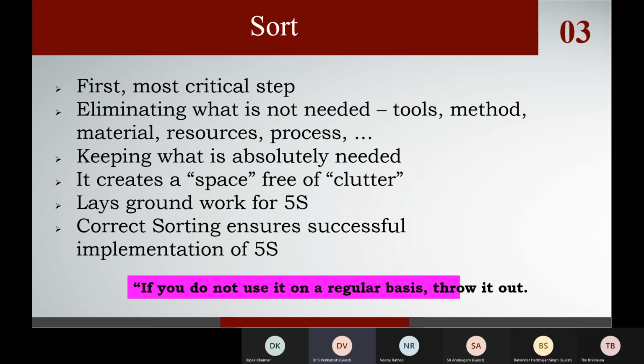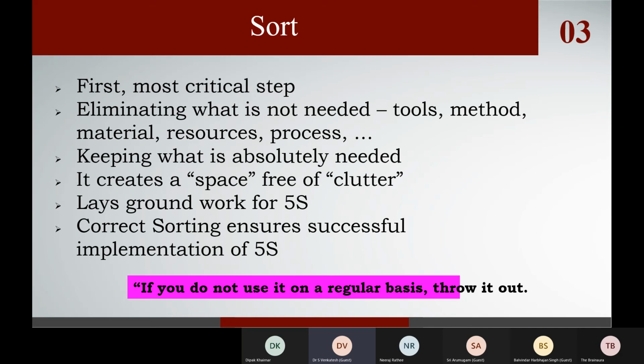For example, we may have some processes or methods which we follow in our organization or setup due to legacy. When we do this sort step, we have to really question whether this particular process or step is really needed. We may be doing it for a long time, but when you do this sort step, you have to question that as well. Just because we have been doing something for a long time doesn't mean that we have to keep on doing the same thing if it doesn't serve any purpose or add value to our workflow.